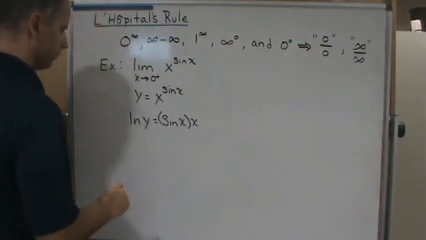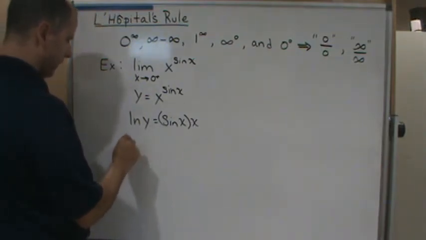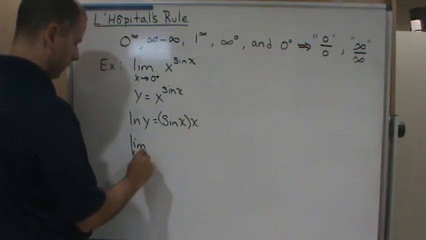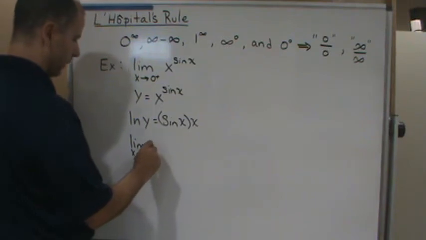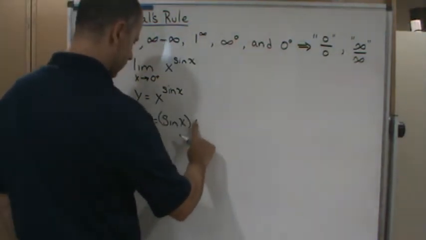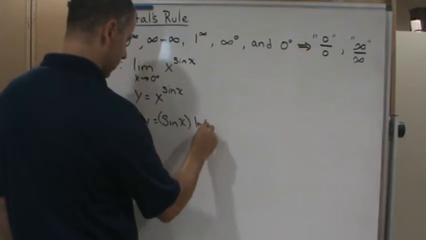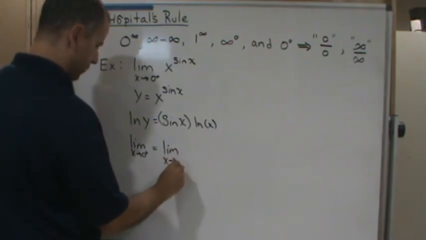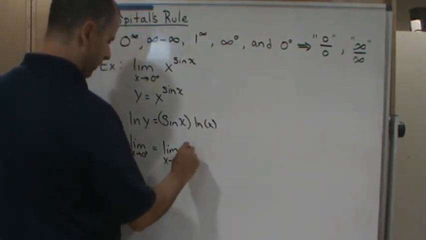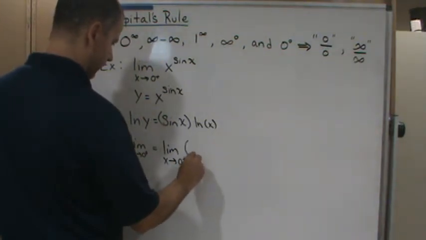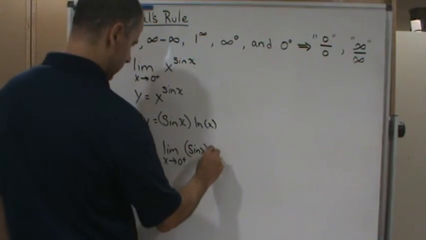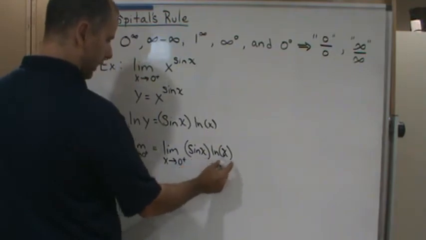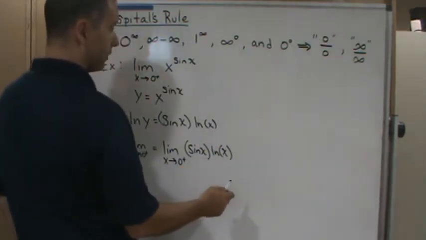Okay? Now, if I take the limit of the natural log, the limit as x approaches 0 from the right of, oops, hold on. That should be the natural log of x. Equals the limit as x approaches 0 from the right of sine x times the natural log of x. Now what happens here? Well, this is going to 0 and this is going to infinity. So now I've got